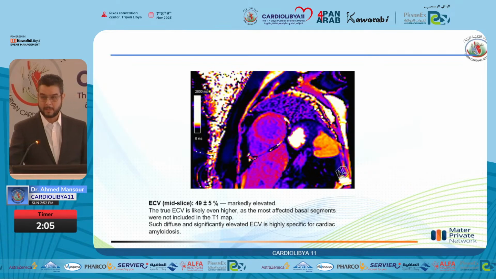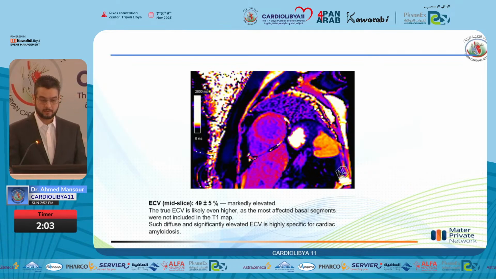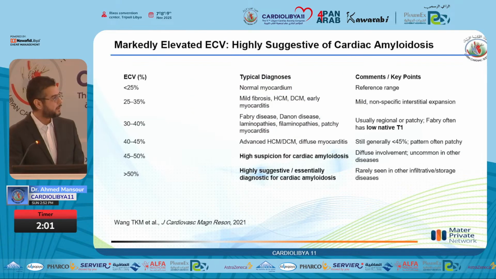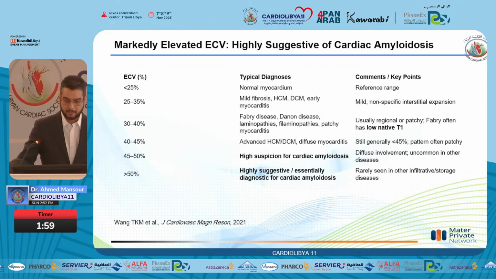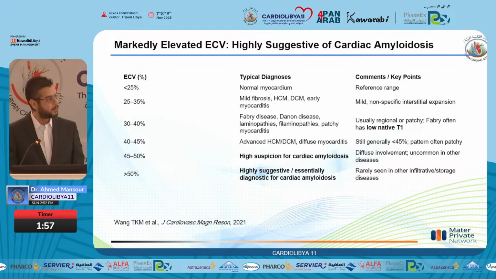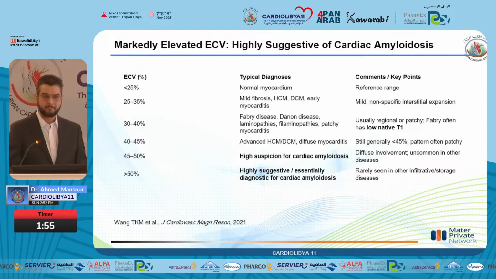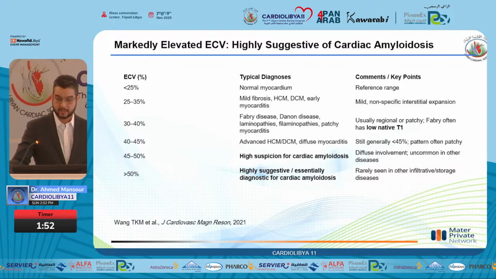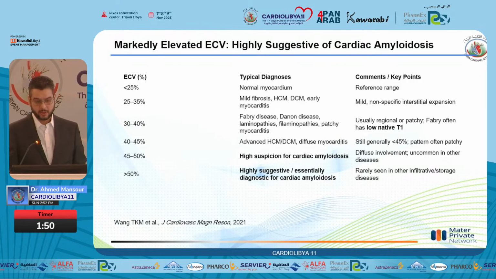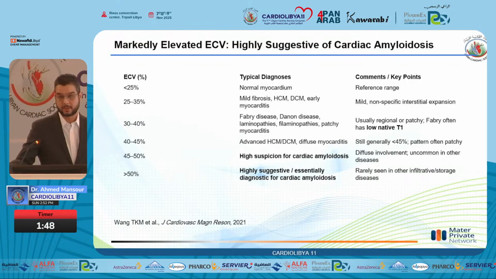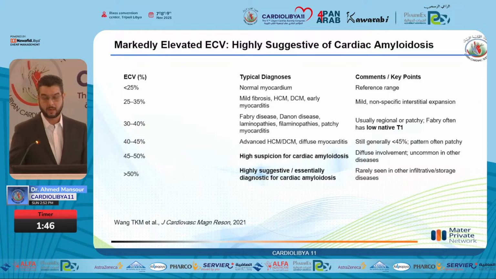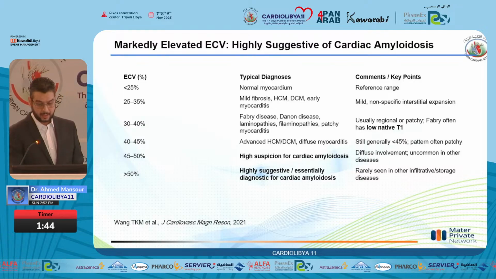It's almost pathognomonic here for cases of amyloid, because in fact, amyloidosis is unique in causing a very, very high increase in the extracellular volume. So the diagnosis here was straightforward: this lady had cardiac amyloidosis at a young age, and her hematology